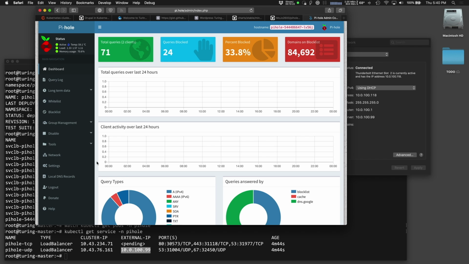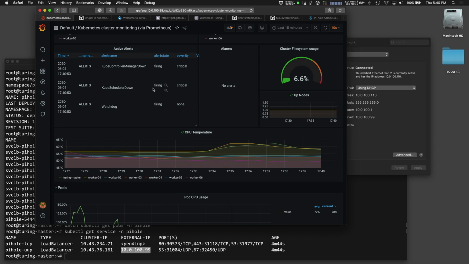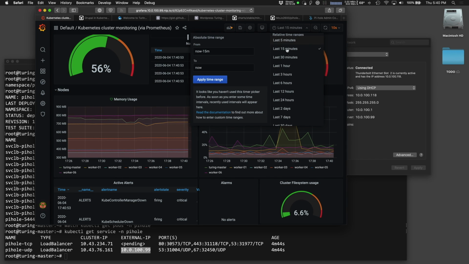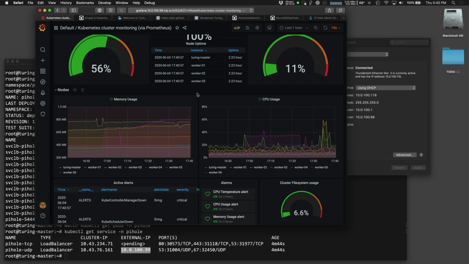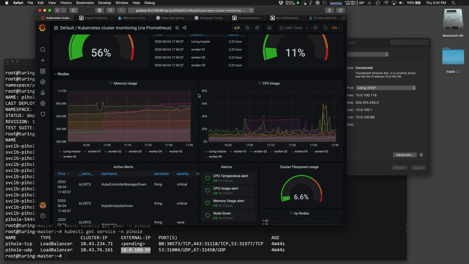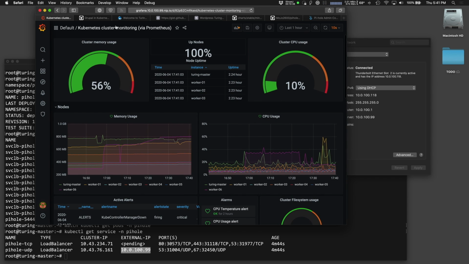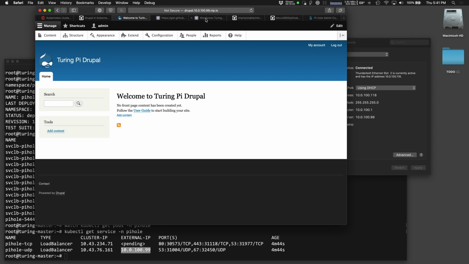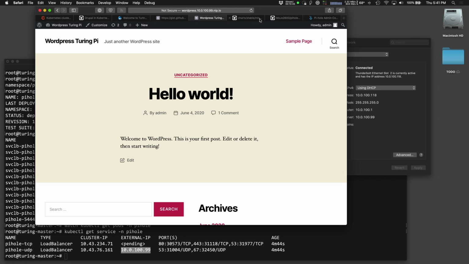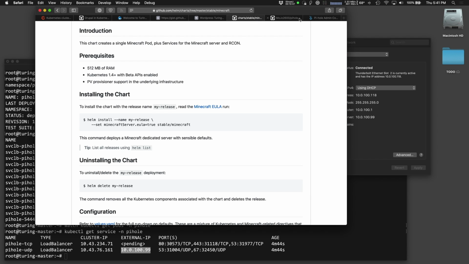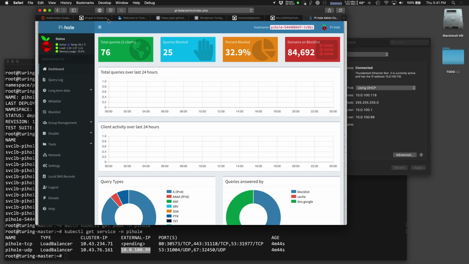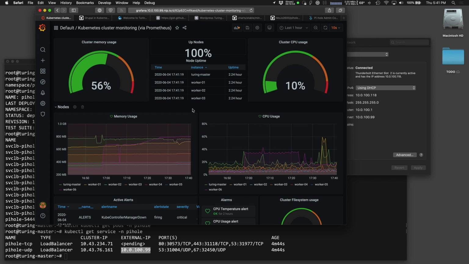But that's one of many different things that you can run on a cluster, a Kubernetes cluster like this one. We have monitoring set up that lets us see all of the different nodes that are running and see their CPU and memory usage. You can inspect individual pod usage, all those kind of things. So we have monitoring set up with Prometheus, Grafana, and AlertManager. We have a Drupal website running. We have a WordPress website running. We have Minecraft running so that we can connect to it from our Minecraft game and have a shared server. We have Pi-hole, and there's still capacity left on this cluster, so we could install more and more things until